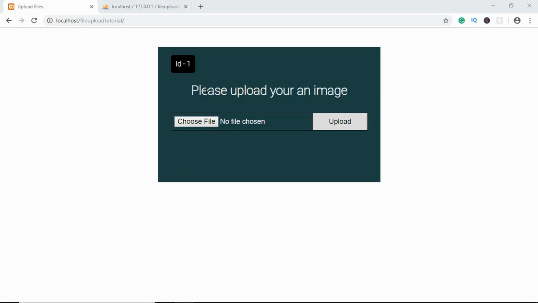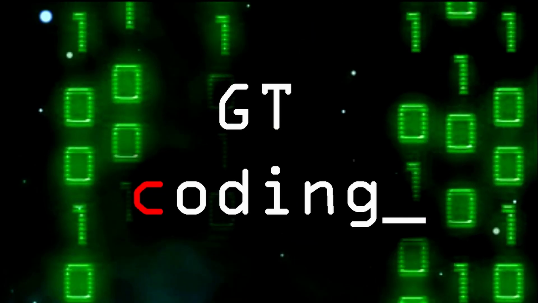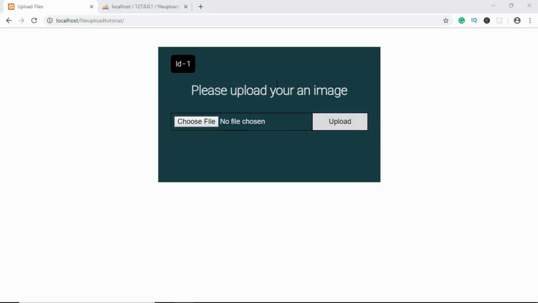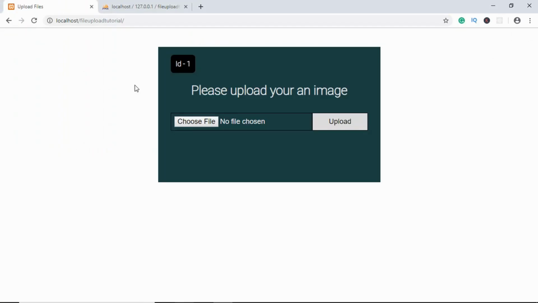In this video, I'll show you how to upload images to your web server using PHP. So first of all, let me show you what we're going to be building in this video. This is the web page that we're going to build, and here we can see we have an ID. This ID comes from our index.php file which we have over here, and we have set an ID variable to 1. So our ID is 1 over here, and here we can choose a file and upload it to our